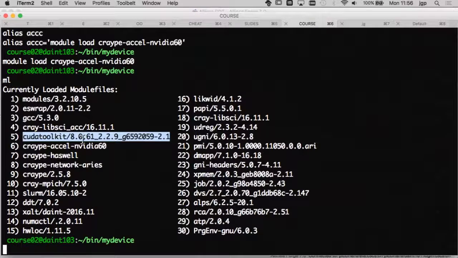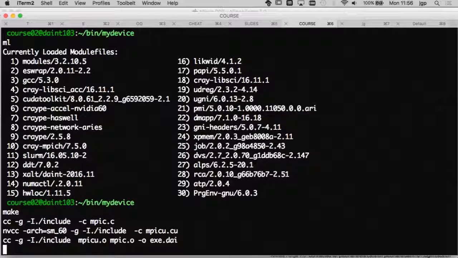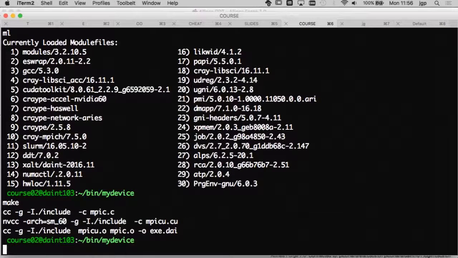I'm using CUDA version 8.0, which is the minimum version that you need to be able to use the Pascal GPU. And then I just compile my code. In this case, I will not run anything on the GPU. I will just query some information. It's a simple hello world.